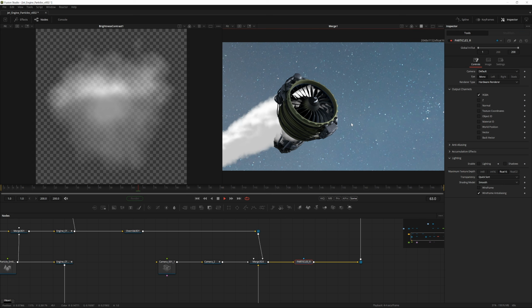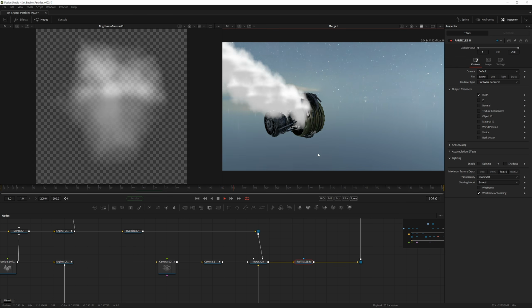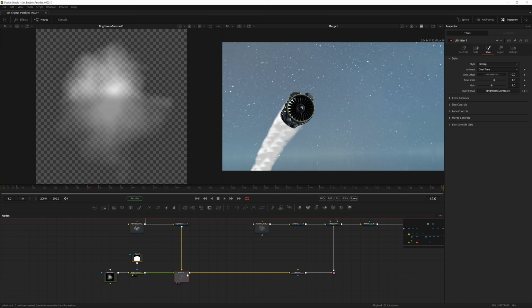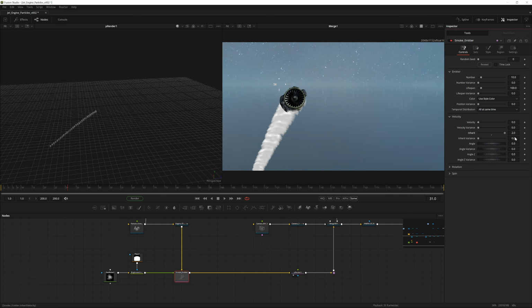Now you can see we are onto something a bit nicer already. Let's make a few more tweaks. Rename the particle emitter to smoke emitter. Go into the smoke emitter, into the controls tab, and then increase the velocity a little bit, because now the smoke is, have